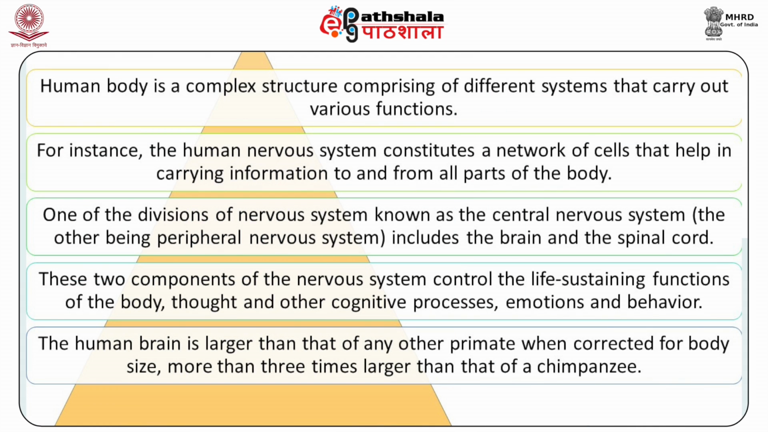Human body is a complex structure comprising different systems that carry out various functions. For instance, the human nervous system constitutes a network of cells that help in carrying information to and from all parts of the body. One of the divisions of the nervous system is known as the central nervous system, the other being the peripheral nervous system, and it includes the brain and the spinal cord. These two components of the nervous system control the life-sustaining functions of the body, thought and other cognitive processes, emotions